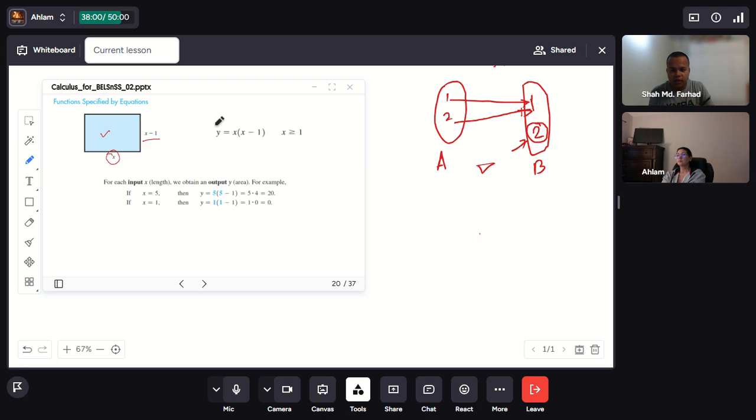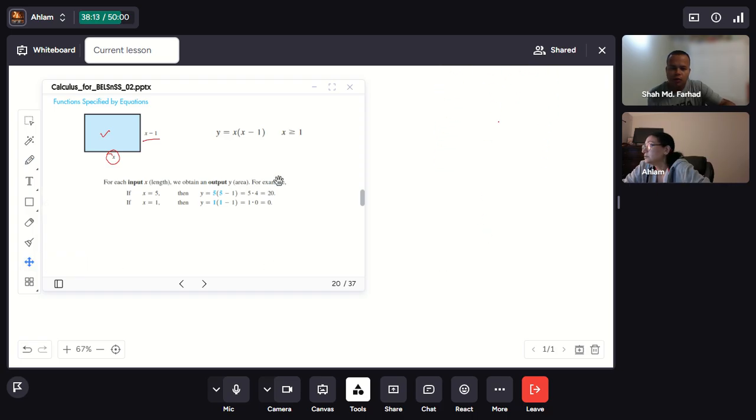So what will be the area of this rectangle? y equals x times x minus 1. And the condition is x must be greater than or equal to 1,